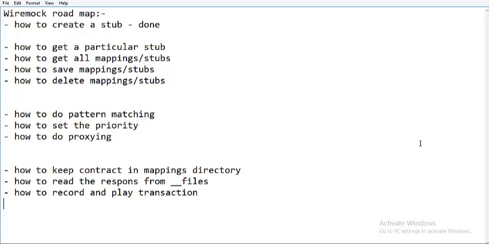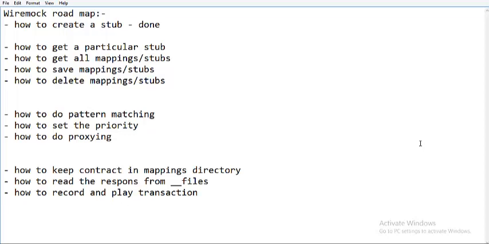That way you balance the load on the application and make it loosely coupled, so that the application is not entirely down, it is very easy to triage failures, and it is very easy to bring the application back up and running. So if I want to test a scenario where a microservice routes a call to another microservice, then proxying is really required. Let us see how I can create a stub that helps me do this proxying operation.